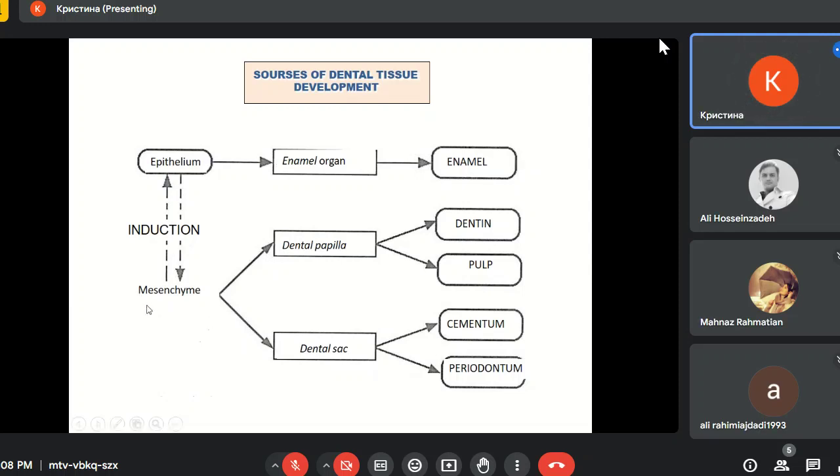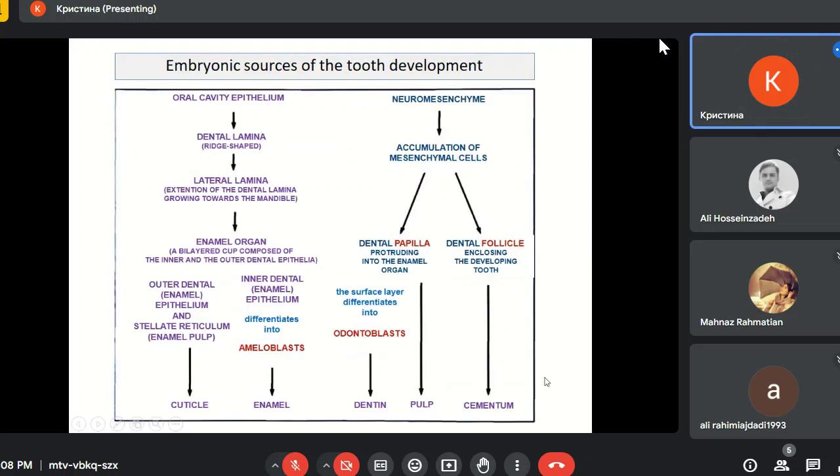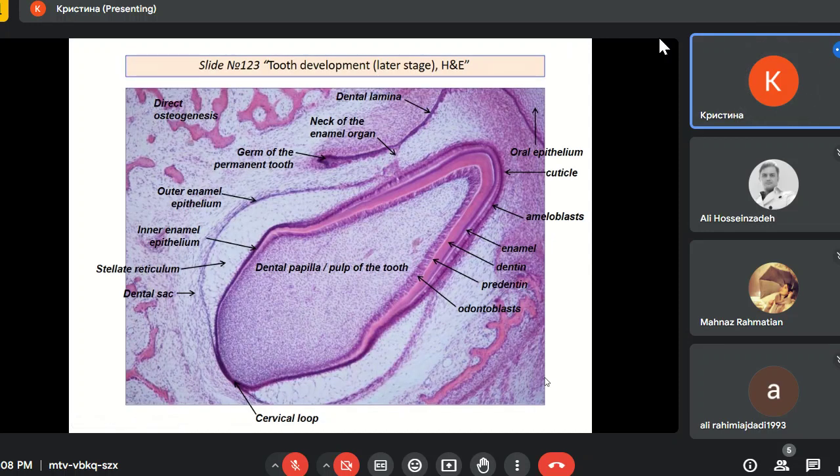Mesenchyme will make dental papilla and dental sac. Dental papilla makes dentin and the pulp of the tooth, and dental sac makes cementum and periodontum. Here is the same, and here is our histological preparation, named tooth development later stage, but actually this is the